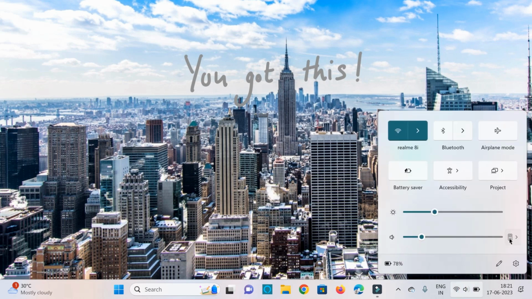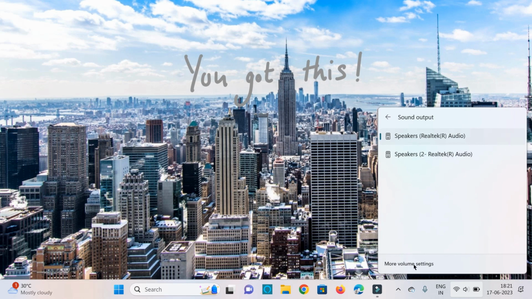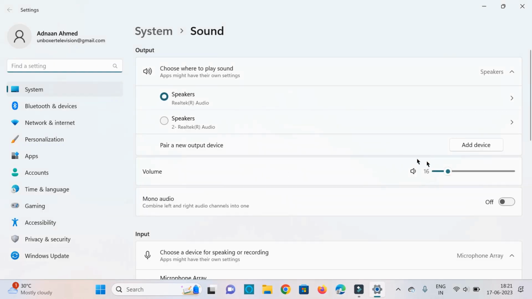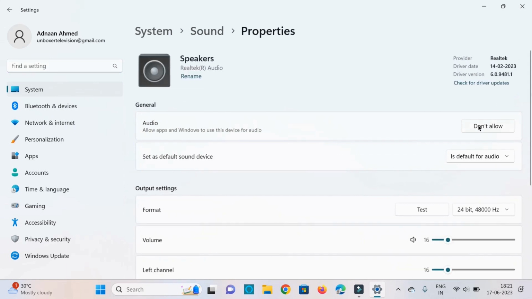First thing is going on to the settings of these speakers, more volume settings, and then over here you can choose the speaker you want to adjust and then go here and click don't allow